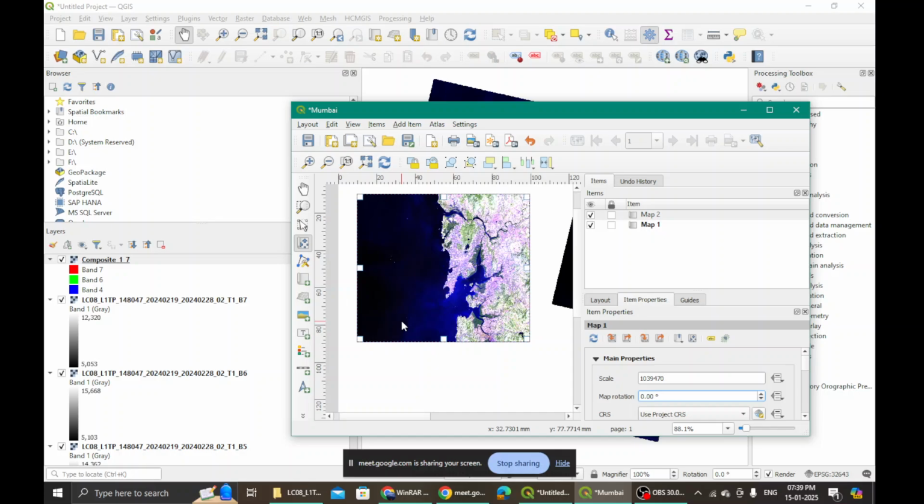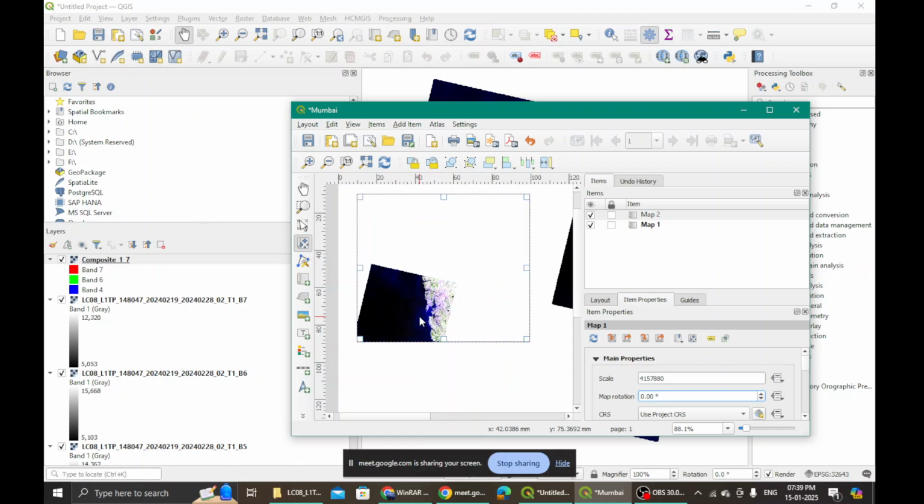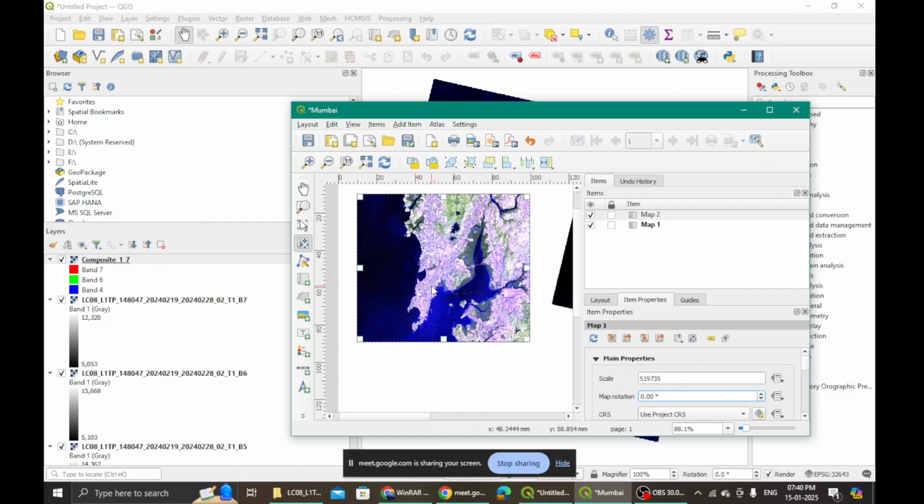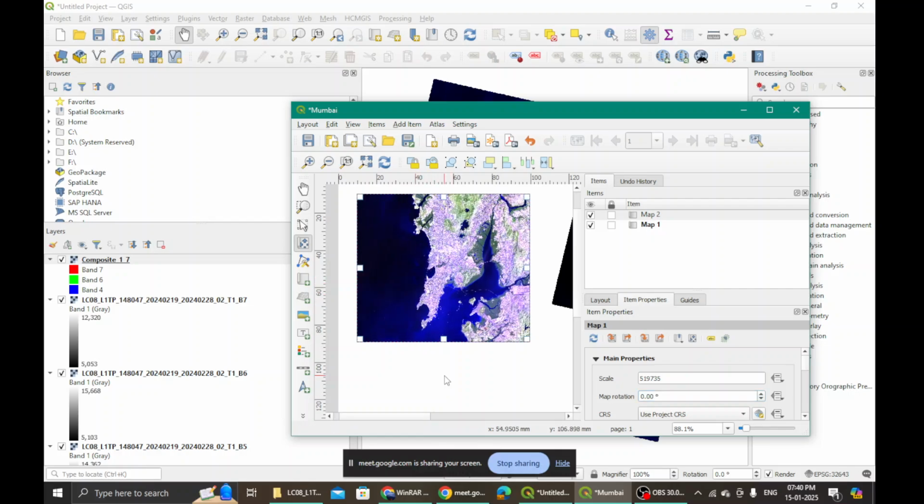Come on, I don't understand. You are. Can you please repeat how to add the map? Yes, definitely. Let's repeat how to add a map. I must have not done that. Okay. Alright.